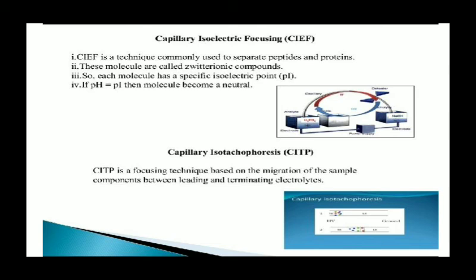This technique is performed by filling the capillary with a mixture of ampholytes and the sample, and then forming a pH gradient. As in the diagram, you apply an electric field across the capillary, which has a basic solution at the cathode and an acidic solution at the anode. The ampholytes have both charges, right? So the solutes migrate until they reach a region where their overall charge is neutral.